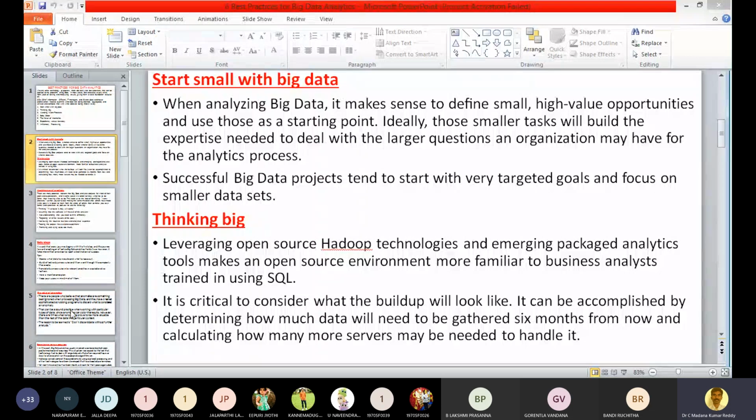And another point here is that it is critical to consider what the build-up will look like. It can be accomplished by determining how much data will need to be gathered 6 months from now and calculating how